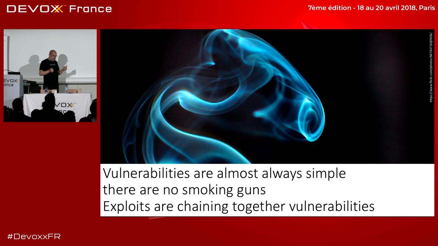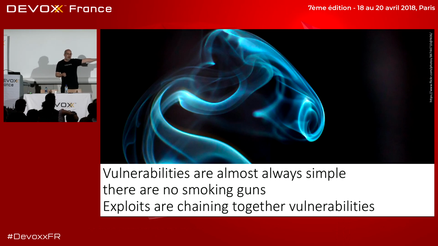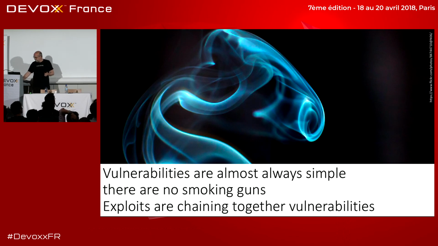So I would say the first thing you have to remember about this is vulnerabilities are almost always really simple bits of code, right? They're not big things saying this is a vulnerability. People don't have lots of comments saying we must fix this. It's not like that. It's the fact that they're really simple, but people find them and join them together to exploit them. So any individual thing that you see, apart from the ones we did at the beginning, where it's a really big problem, the little ones get joined together to become an exploit, okay?